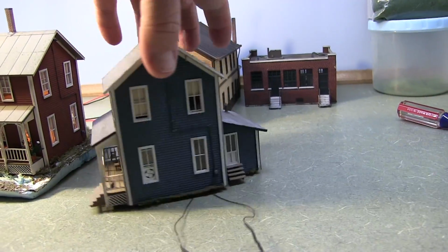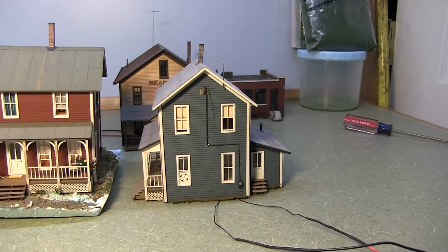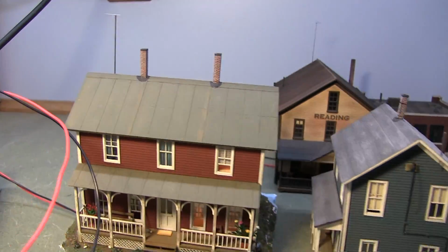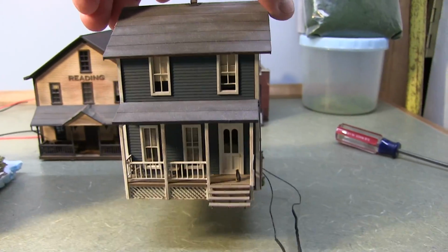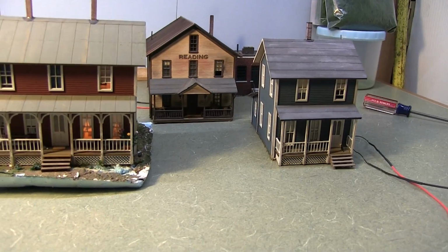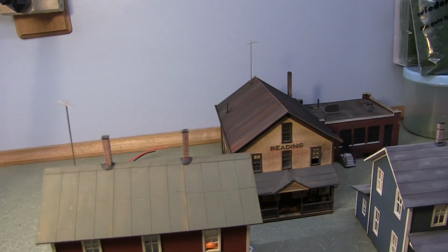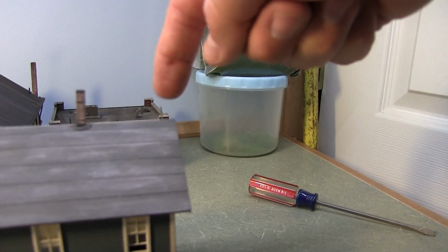It's kind of tough without good lights, but on that one there, I had an incoming power line, and it's run down to the electric box, and painted up. I forget exactly who made this. The farmhouse is American Model Builders. I don't recall exactly who makes this one, but again, these are all recognizable. I'm sure if you look at them, you'll recognize them, especially those that like to build kits. Although I did add an antenna to this one, and oops, that right there is for the incoming power. I was going to come in,